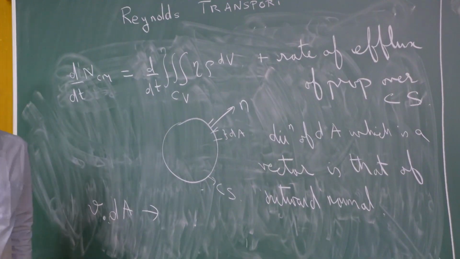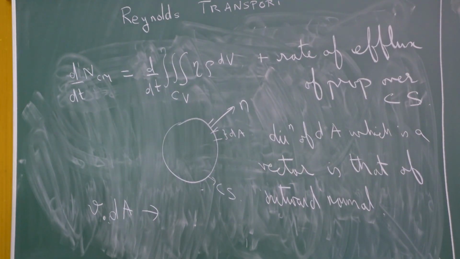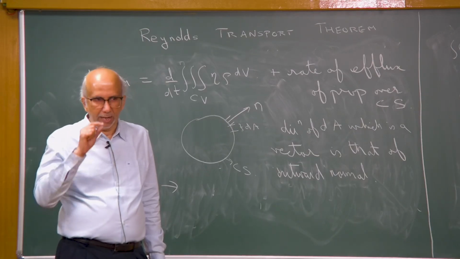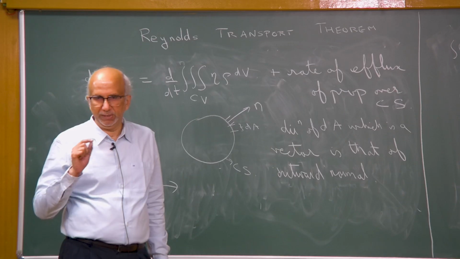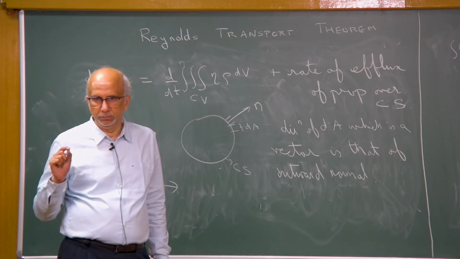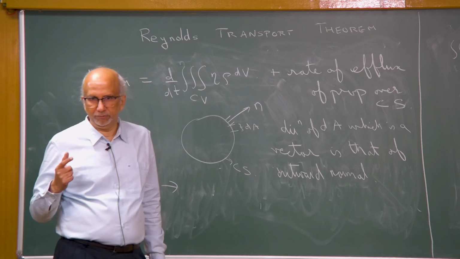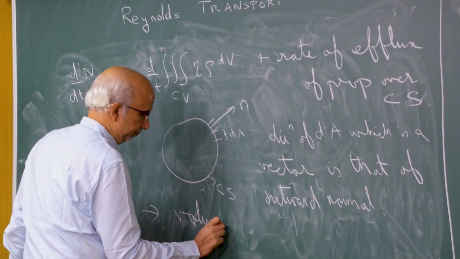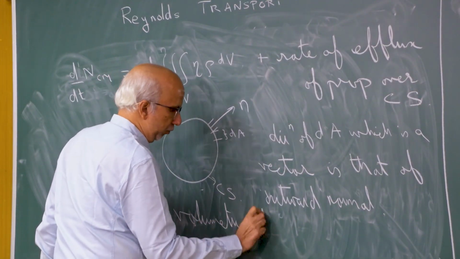V is the velocity at the surface. V dot dA represents the volumetric flow rate of the fluid across that area element. V is a vector, dA is a vector, V dot dA tells you a scalar, it gives you a volumetric flow rate, okay. So, this is the volumetric flow rate